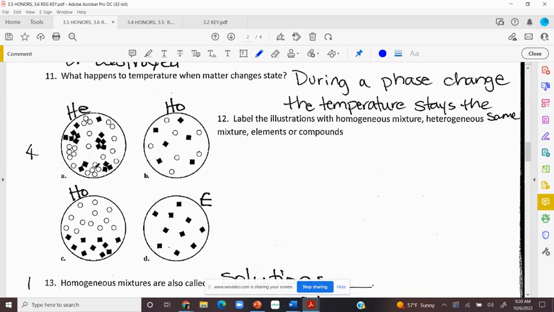This is heterogeneous. We have some large particles, some small particles, different size particles. This is homogeneous. This is a mixture. This would be a mixture of what? Elements. These are not bound to another thing. This would be a mixture of